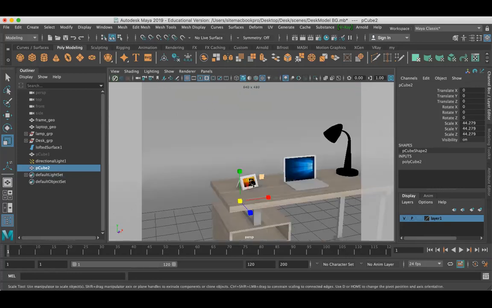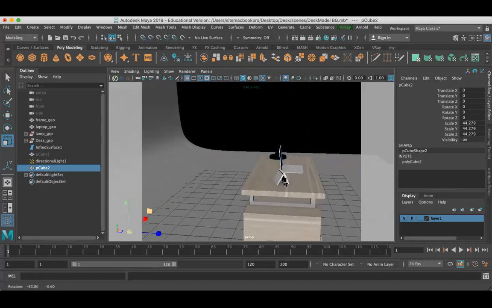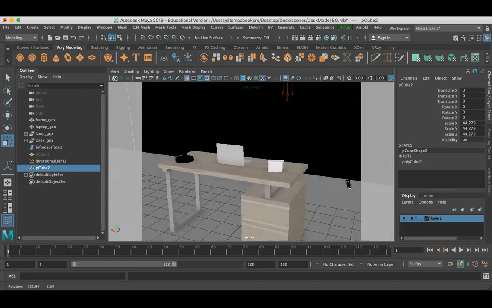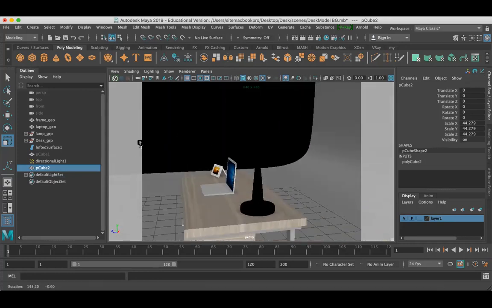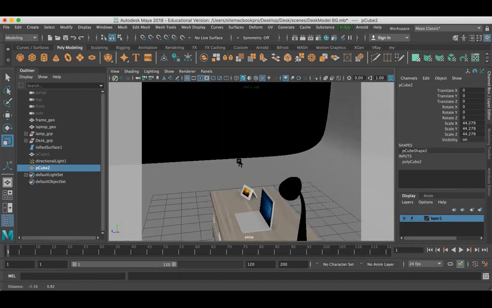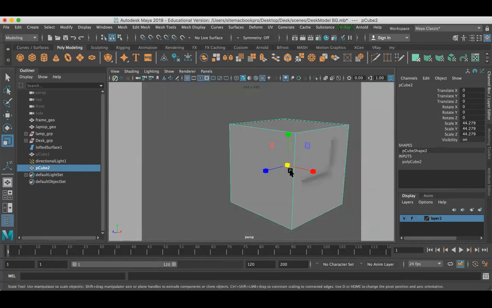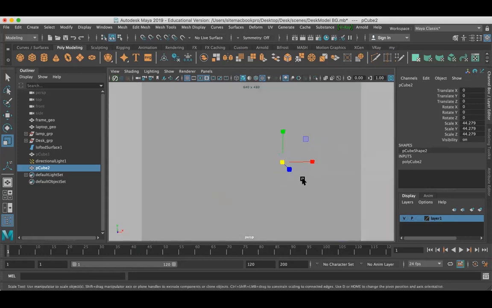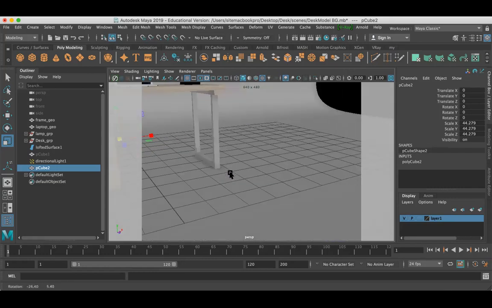So now look here, hold the control key and left click, you can rotate the viewport. I just taught you in the last class. Now you can see a black box here, right? The black means it is inside the box. Now we are inside the box, you can see here. If I go inside the box, I'm just scrolling in. Okay, so we have a scene inside the box.